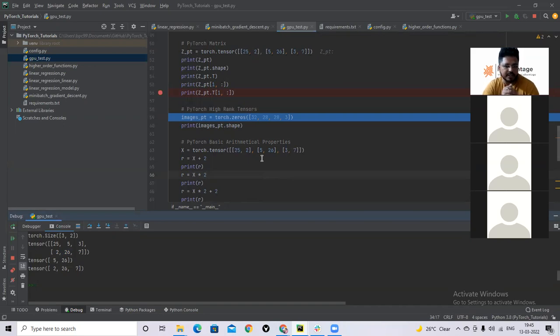Now how to define a higher rank tensor? The easiest way: if you remember in NumPy there was a function np.zeros. It creates an empty NumPy array of a particular shape and fills it up with all zeros.